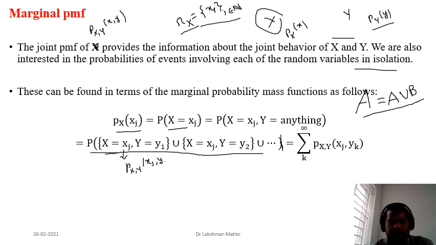And what is happening, you can observe that this event is independent of this event, and likewise vice versa. If you take in this union any two events, they would be independent in nature. So it will lead to just a summation of the corresponding joint probability mass function with respect to the second argument y, because you have taken y to be anything, so it is directly coming from this